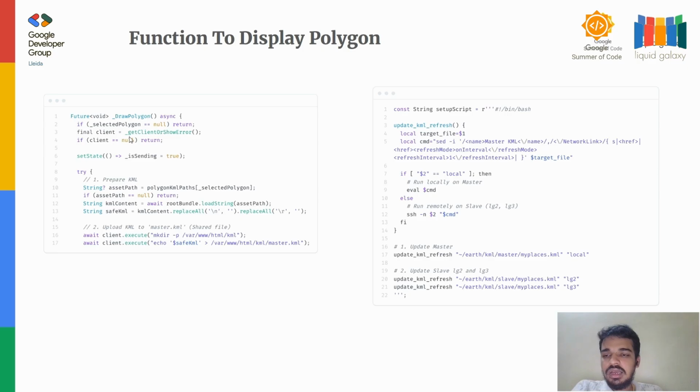Basically we get the client. Now we load the KML path, write it into the master KML since we are going to synchronize the polygon among 3 screens. Now here is a setup script which basically is used to refresh the Google Earth. It will go to the my place KML and find the network link and make changes so that they can refresh it. Now we are going to do this for all three